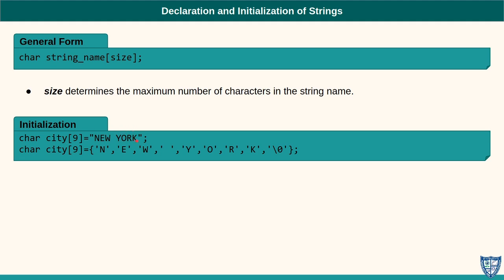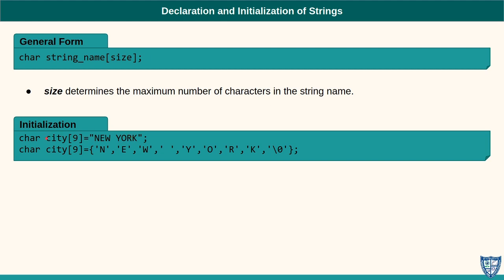So this first line initializes city to New York. How many letters are there in this word? In the previous slide we mentioned that any sequence of characters enclosed between two double quotation marks is called a string constant. So in this line, New York is an example of a string constant,